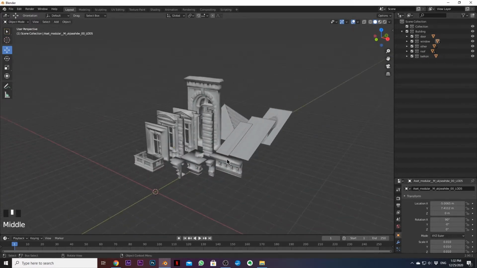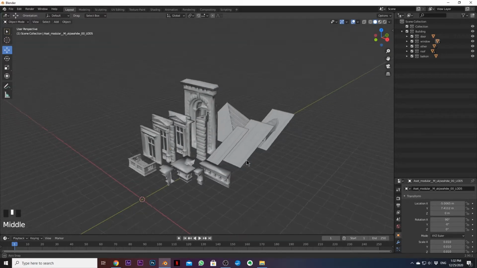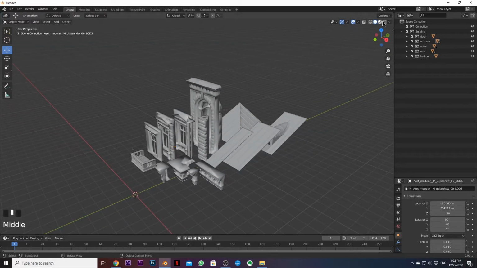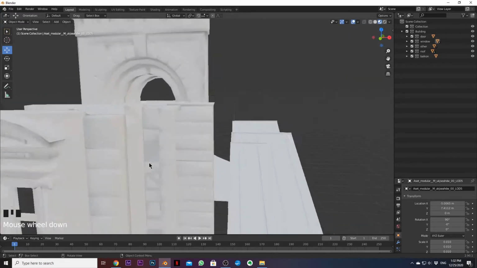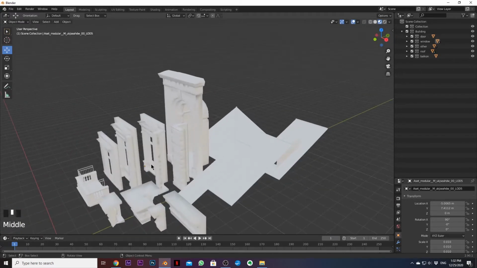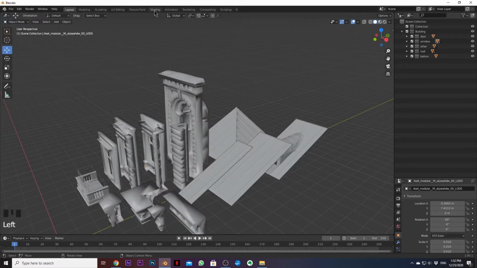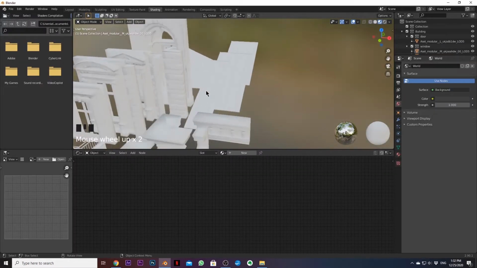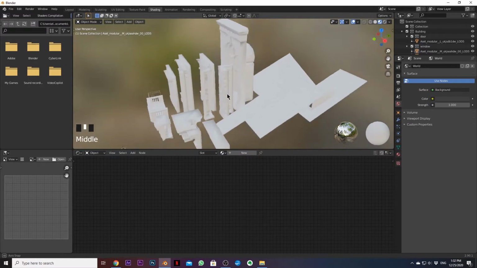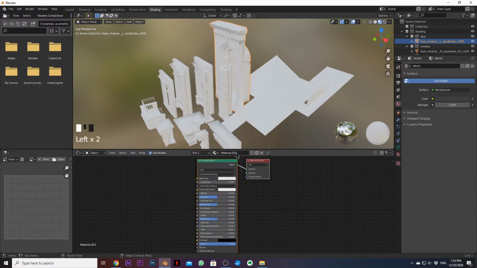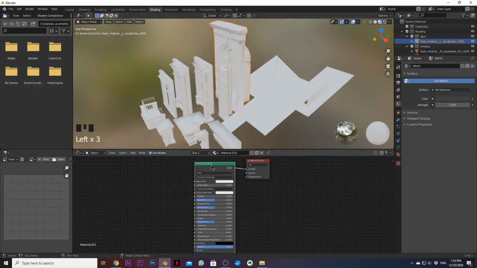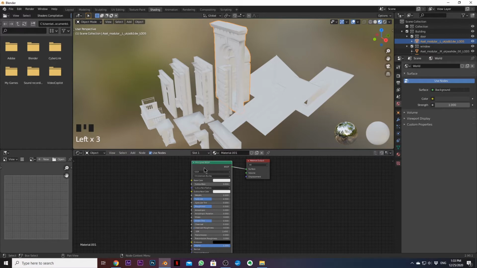Alright, so before we start building, we need to texture the models, because as you can see, they are all just white. So let's jump into the shading tab and texture all the models. This is actually pretty easy. Just select your model and add here a new material. Select the principal shader, and with the Node Wrangler checked,